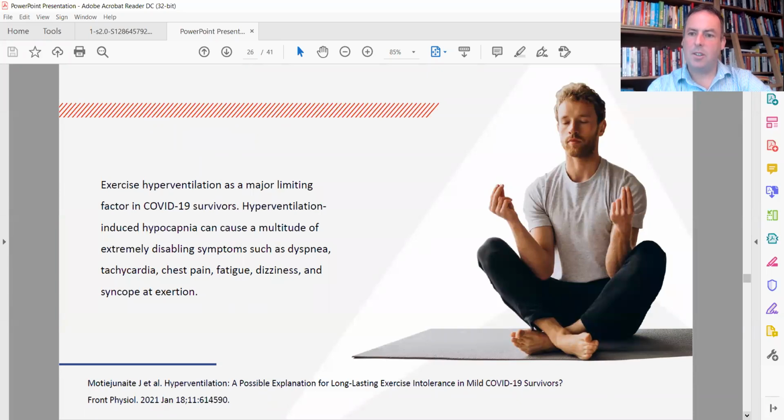Hyperventilation basically means overbreathing, when your breathing volume is greater than what you need. If you have a low breath hold time, you are more likely to hyperventilate. And by low, I mean that your breath hold time is less than 25 seconds. The lower your breath hold time, the more likely you are to breathe faster, in the upper chest, and breathe harder. That will also show in harder, faster, upper chest breathing during physical exercise. And it can also affect your sleep. The symptoms from overbreathing include dyspnea, which is breathlessness, tachycardia, a racing heartbeat, chest pain, fatigue, dizziness, and syncope,